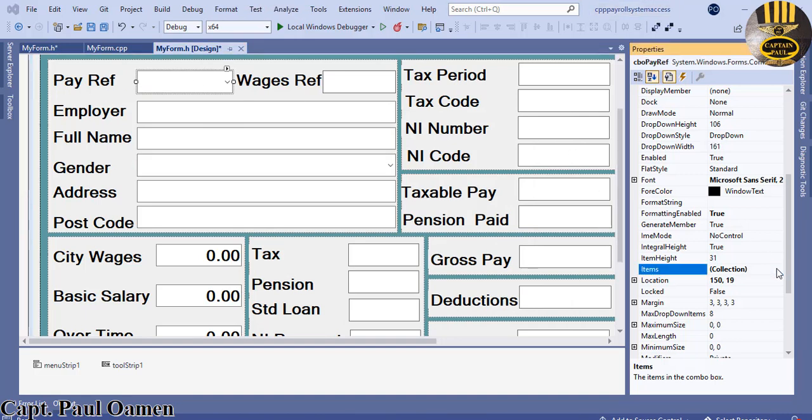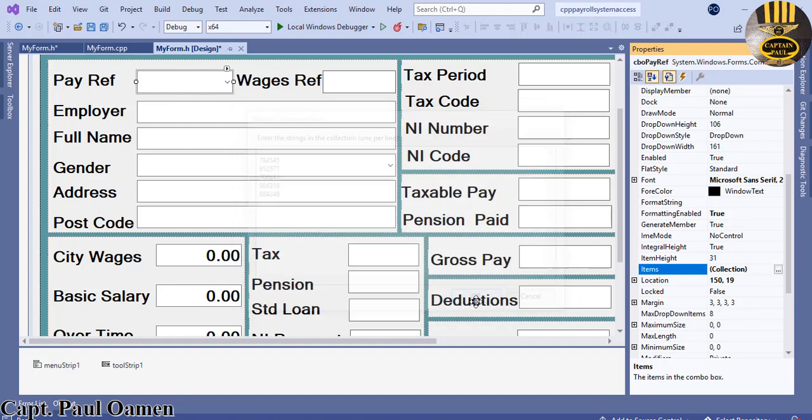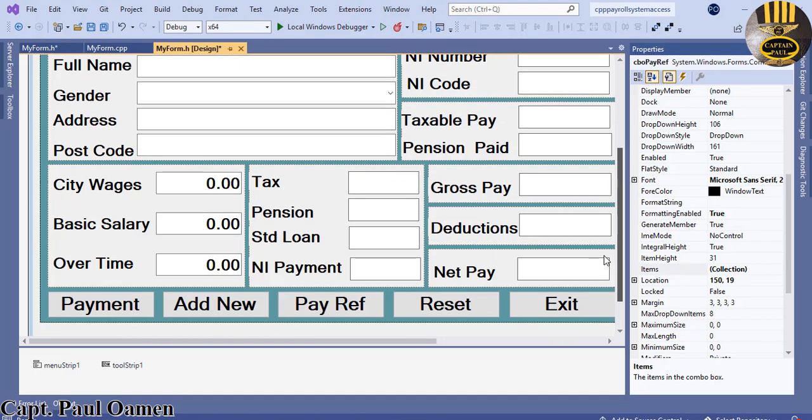Come in here, click on the pay reference. Index 0 is going to be empty, while index 1 we have as follows. So we have index 1, 2, 3, 4, 5, and so on. So these constant are the reference number for all of the employees. Okay, if you have more than one employee, then you can enter their details here, so that's fine. Now that is done,